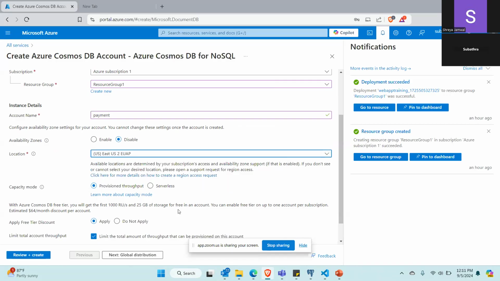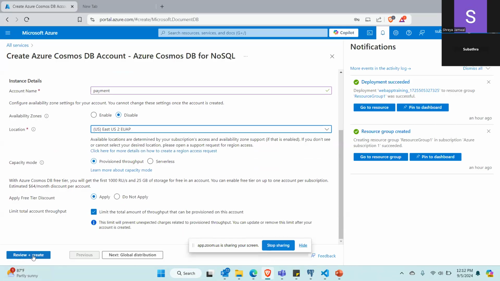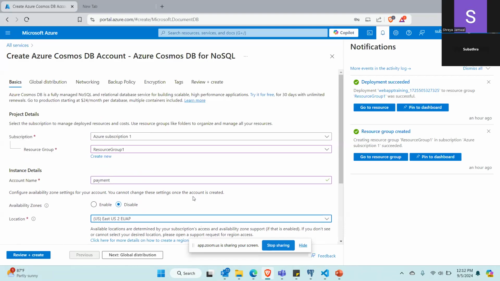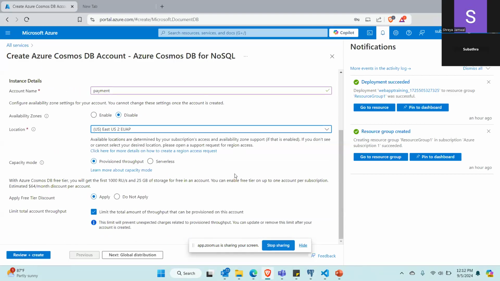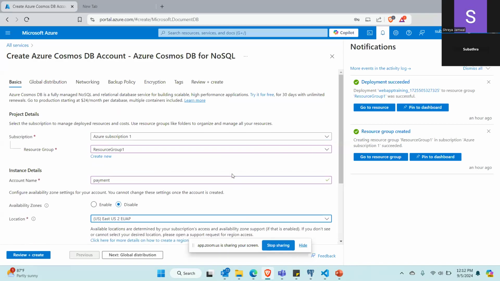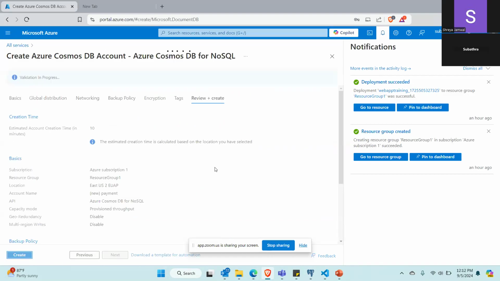Review and create. Is this the DB or the account? We are creating the account. First you have to create the account, then you can create Cosmos DB. It's asking you to create the account. After that, you can see the other options which I told you.